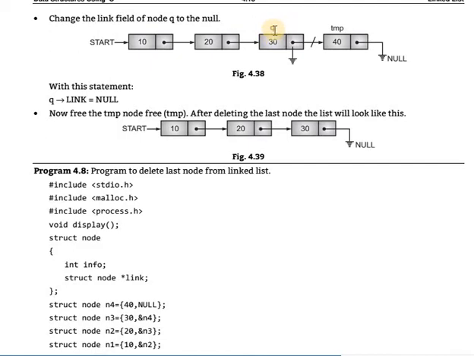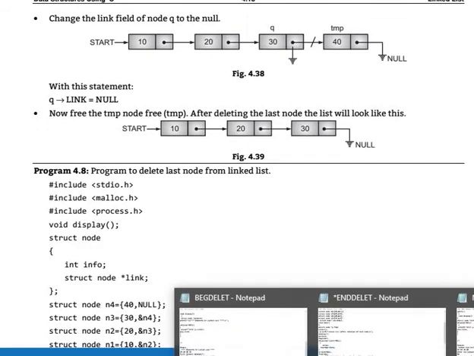But we want temp to be the last node and q to be the node before it. In theory, two pointers are there: the last node and the node before the last node. So how will temp be incremented or moved through this code?